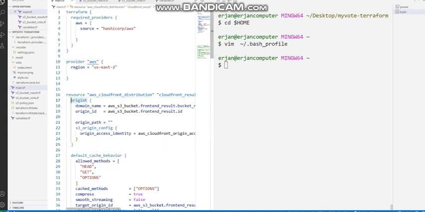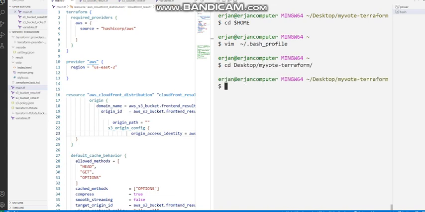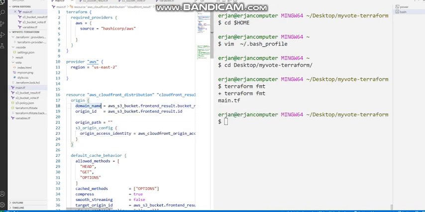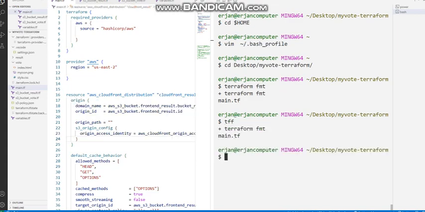So let's say there is lots of unformatted Terraform code, and it kind of looks nasty. So we want to do something like terraform fmt, right? Terraform fmt, and it formats it. This is the standard way of doing it. Now, since I've already made my aliases active, I can just do tff and it does so automatically,